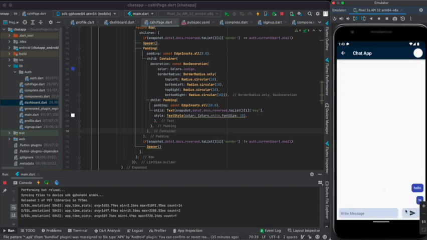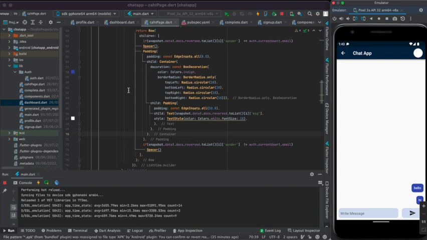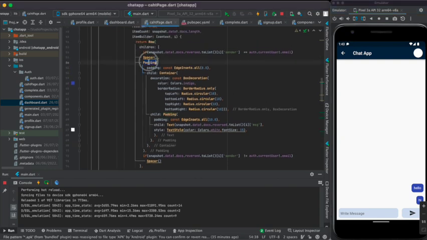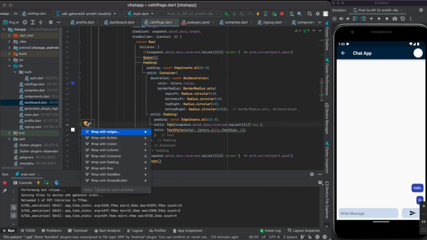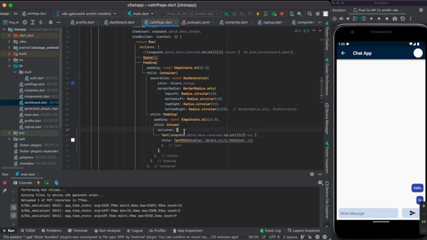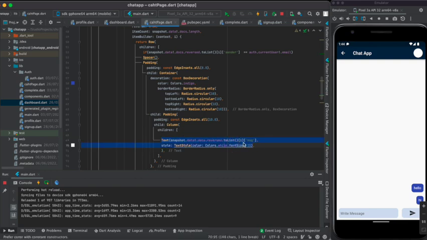which is perfect. So now everything is perfectly working, but only one thing here, that we are not getting the sender who is sending you the message. For that I think I need to add the email here so that it will show you the email of who is sending you the message. For that, here you can see this is our padding widget, this is container, and here in the text widget make sure to wrap this text widget with column, and here create another text widget same as it, and here paste it